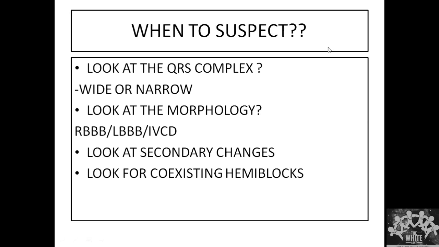So today's topic will be on bundle branch blocks. Predominantly, I'll deal with total bundle branch blocks, which is the left and right bundle branch block. Depending upon the time, we'll take hemi blocks. Okay, there's a left anterior or posterior hemi block. So what do you exactly mean by a bundle branch block?